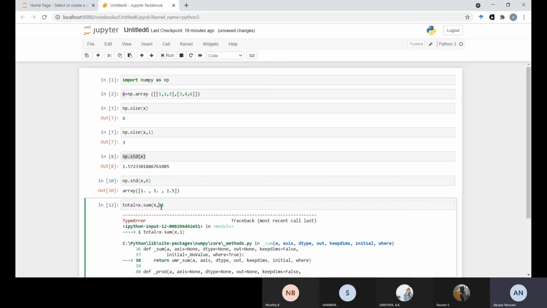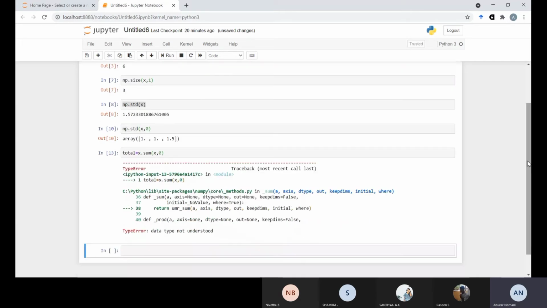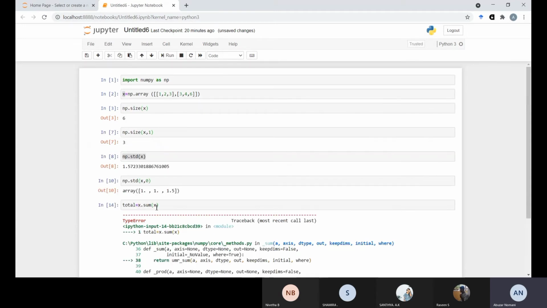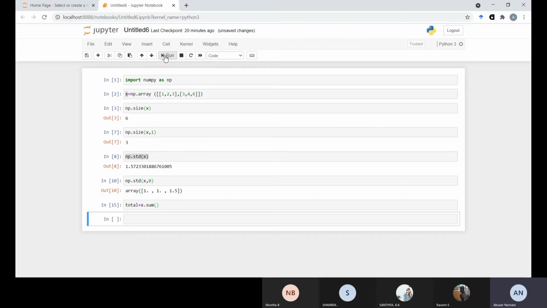it will show some errors. No need to bother about the errors. You try whatever things you can do with the packages. Every time you receive some error, it means that the data type is not understood. Here you can see the data type is not understood. So here the x0 will not show, but here you can run again the total sum.